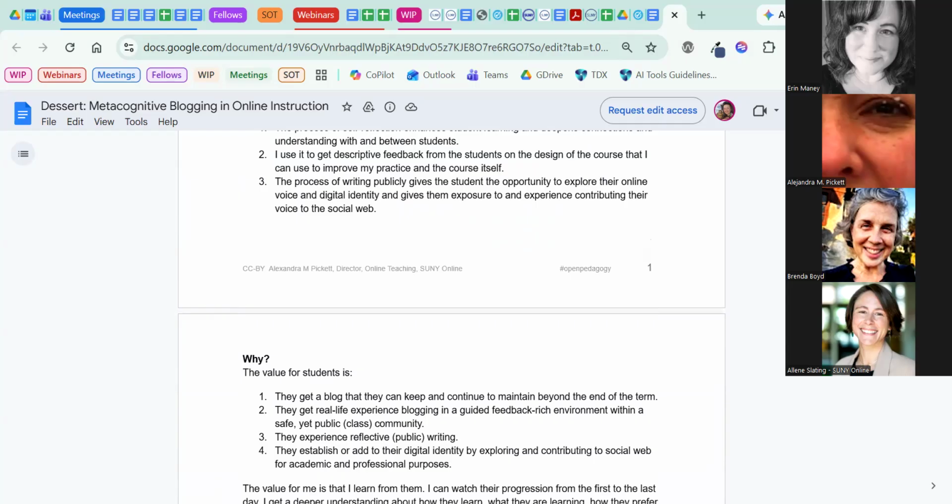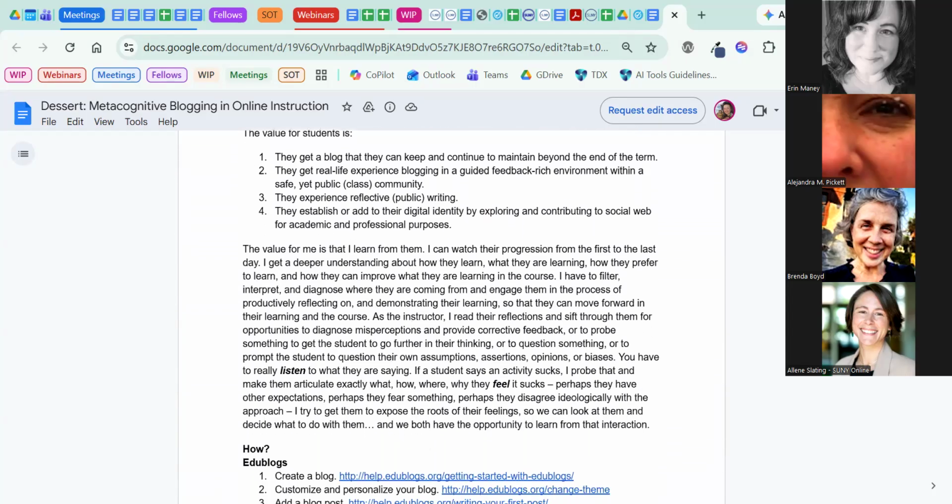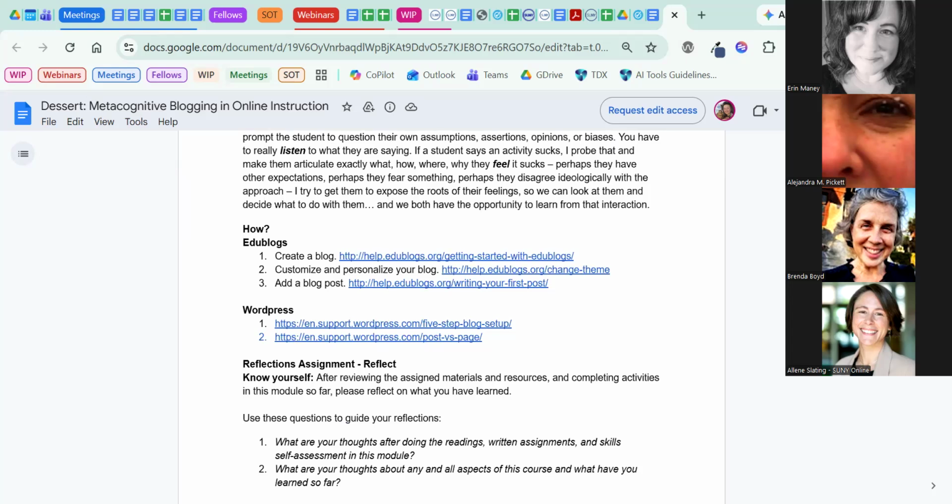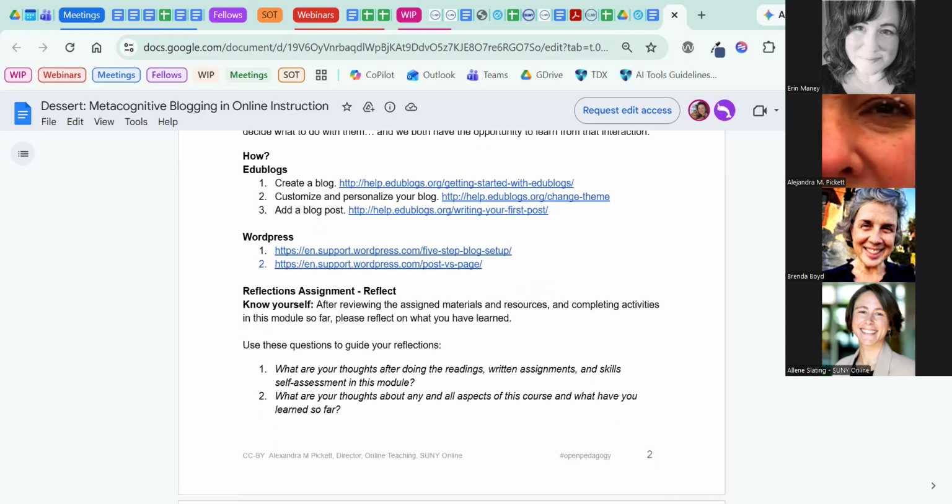On this document that's in the links document, you can see what I do, why I do it, how I did it, and then all of the questions that I ask that are associated with the student blogs. And then students read each other's blogs. I read everybody's blogs. We can all comment on each other's posts, and we build community outside the context of the LMS and share our thoughts with a public audience. So that's just for this particular standard, one of the ways that I address it.